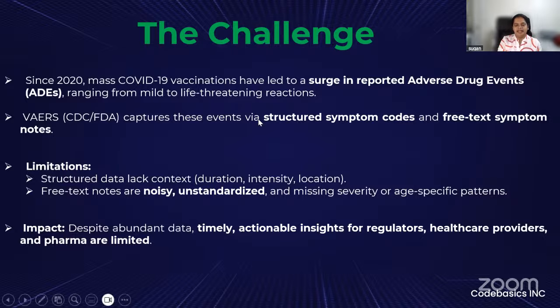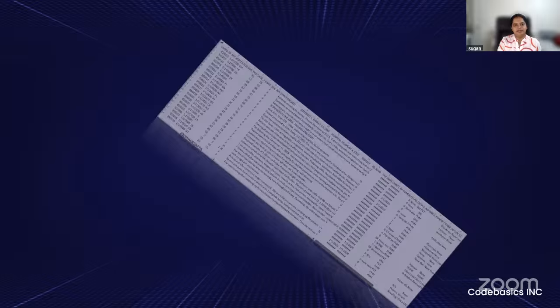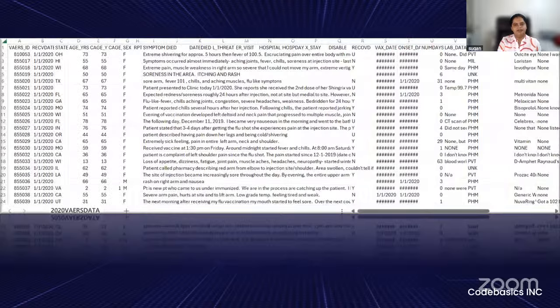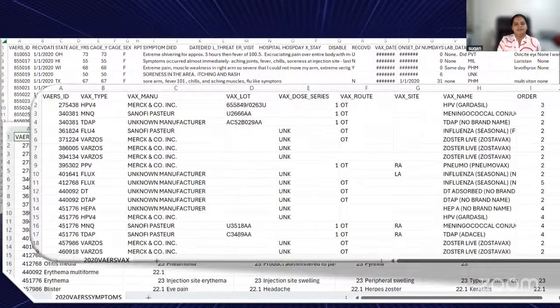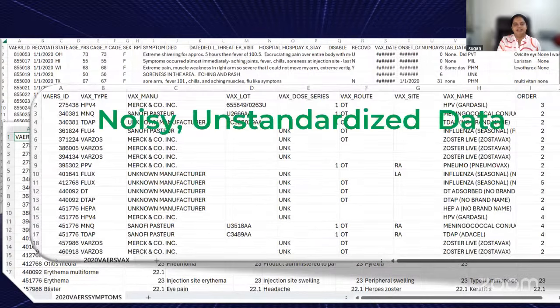So it's very hard for the regulators to extract data. If you look at the CDC files, it looks like this. It contains a lot of information and all the data is cluttered together, and many of them are missing key aspects like age and the demographics. So CureVia AI wants to design an AI-based system to extract the data from this, which could be used by the clinical people to make timely and actionable insights.